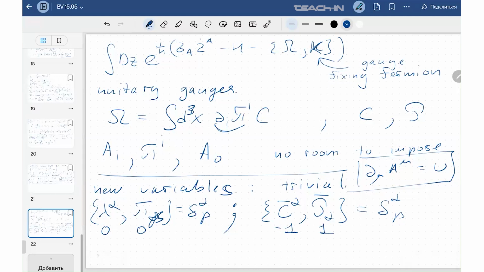And now we can write down the non-minimal omega, which is an extension analogous to the non-minimal extension of the master action. So it's our initial omega plus